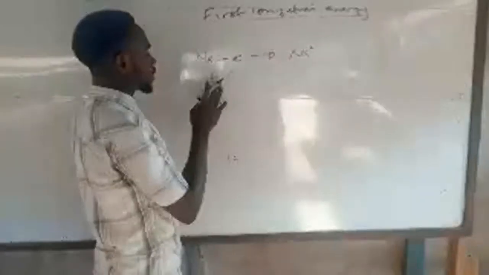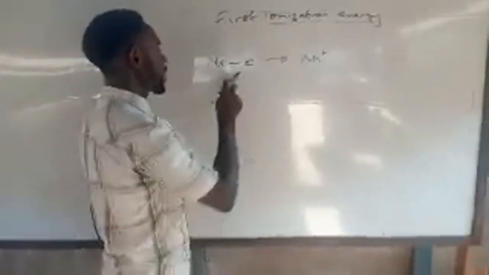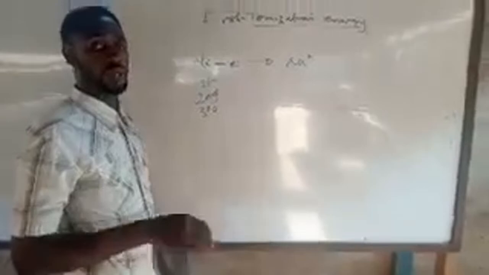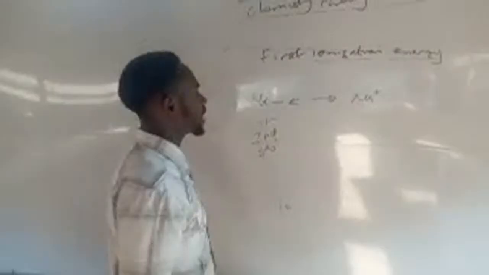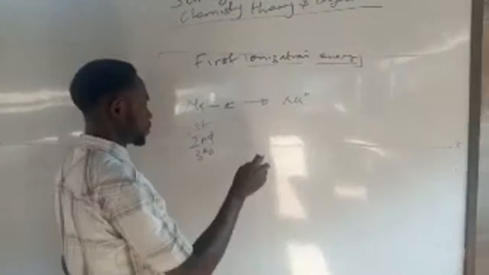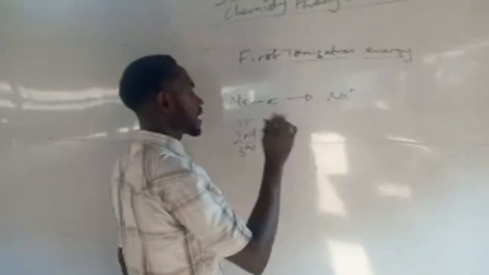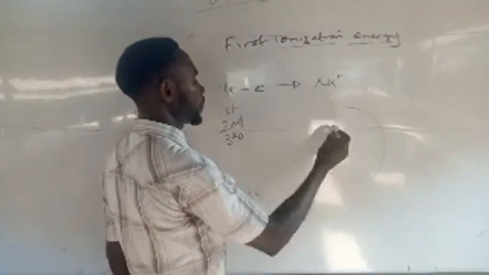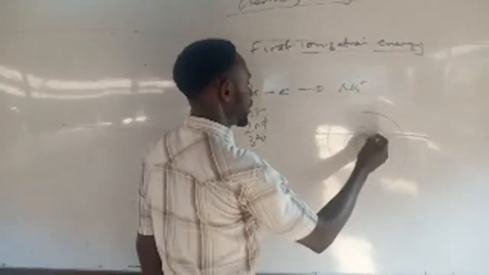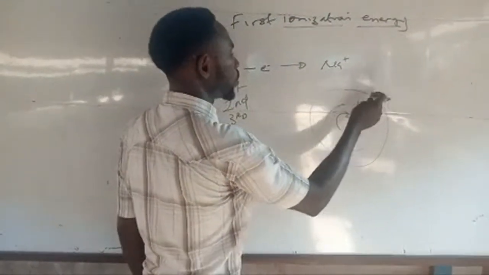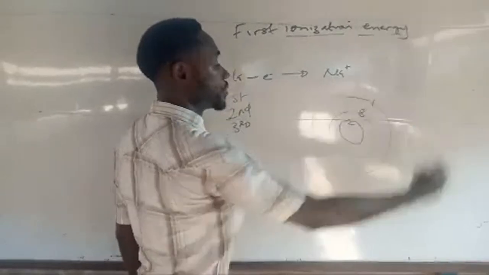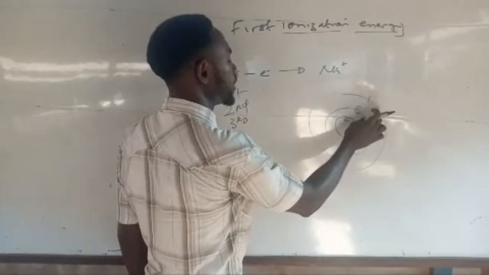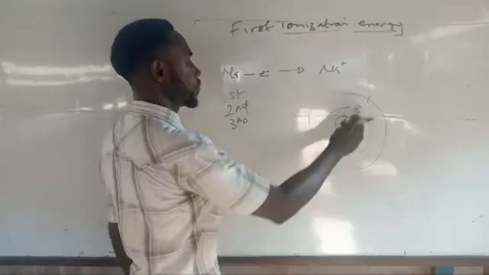Now watch this. There are atoms that don't have second and third ionization energy. There are atoms that only have first ionization energy, such that their second ionization energy becomes practically impossible. So in that aspect, let's use sodium. Remember, in chemistry, electrons lost are electrons in the last shell. Sodium has 2, 8 and 1. It is only this last electron that will be removed. It becomes practically impossible to remove any electron from here, because it will achieve what we call octet stability.